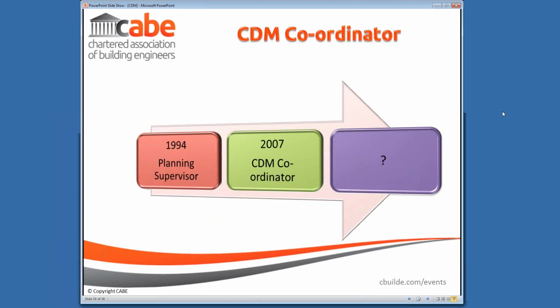But with the defined role disappearing and no clear guidance on the correct level of qualification or experience for somebody to carry out that role, there will be a greater emphasis on the client to make sure they're getting the right quality of service. Normally during the construction process, the first person to be appointed will be the designer. So the client will probably lean quite heavily on the designer for advice about what they should be doing. So it's important that the designer not only understands what their obligations are, but can advise the client effectively.